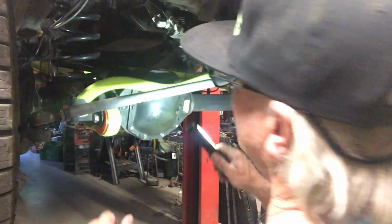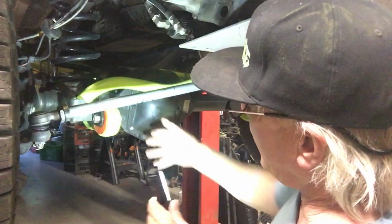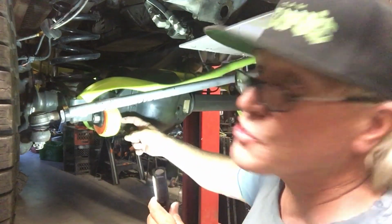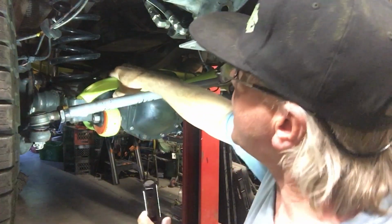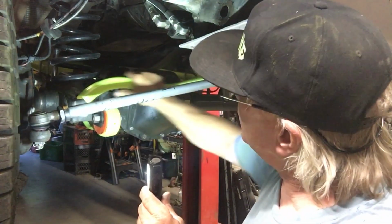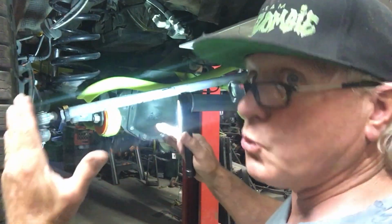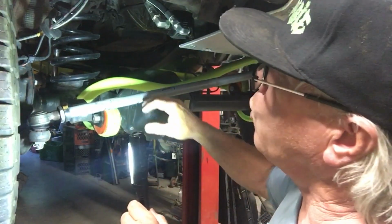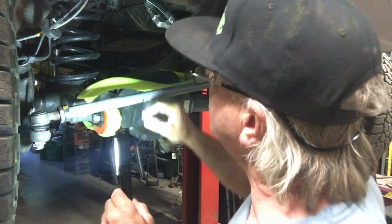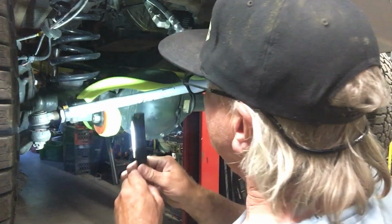All right, you can see I pretty much finished up with most of the front suspension work. I've got the caster correction bushings loaded in there, some bright green zombie paint. I extended my track bar here, so that compensates for the raise, because when you raise it up, of course, it shifts the whole front end over. So I cut and lengthened that by 1/4 inch, which recentered the axle in the vehicle. Got our new springs, got our spacers, got our King shocks on. Everything on this front end is ready to go, with the exception of